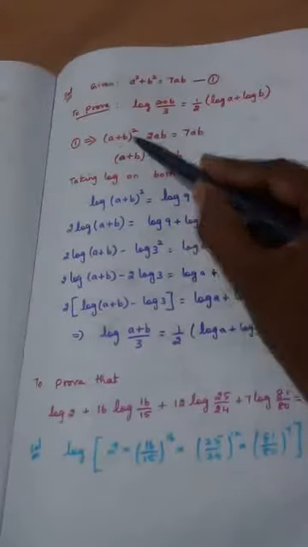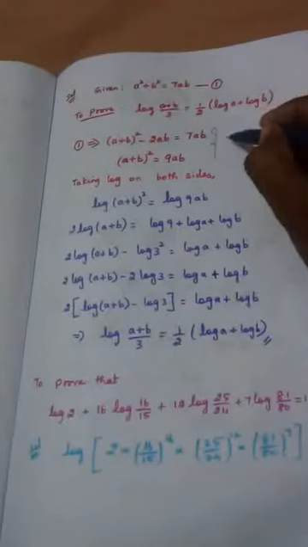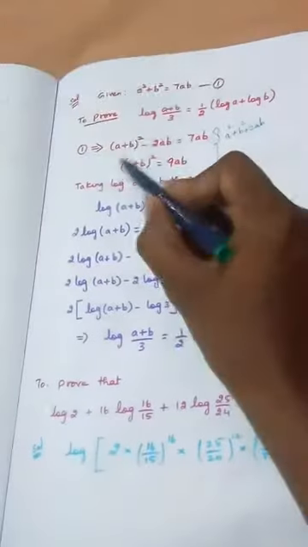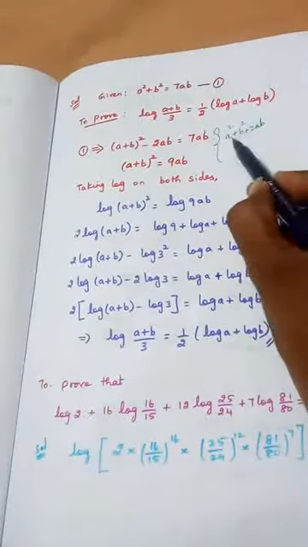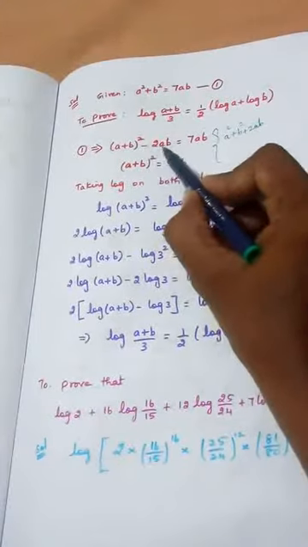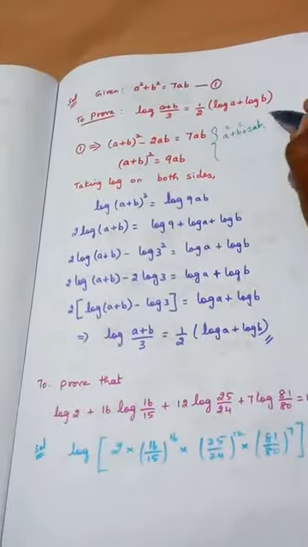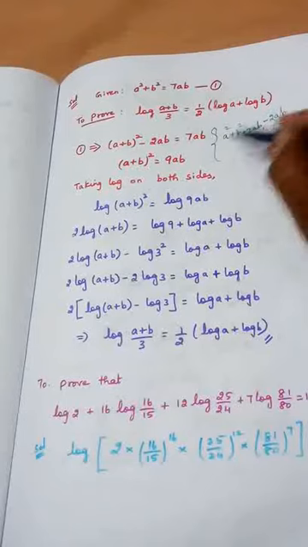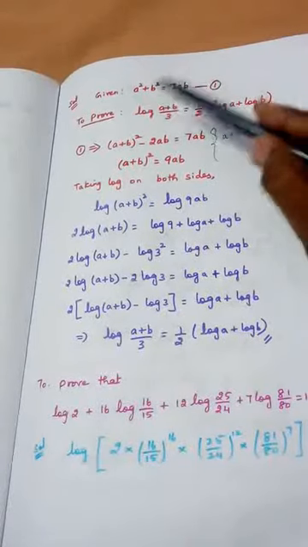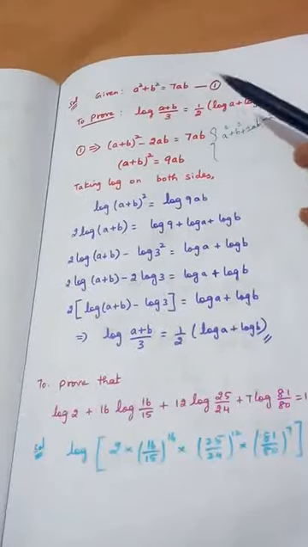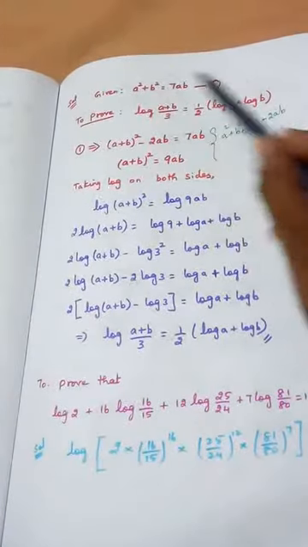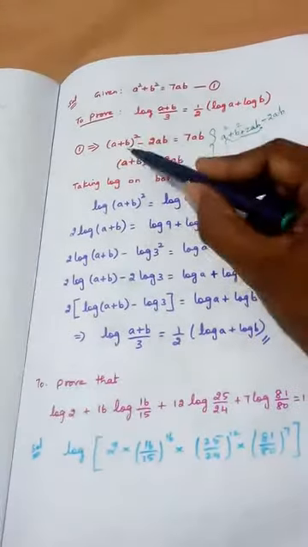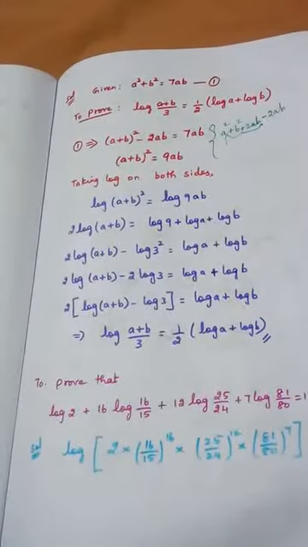Don't ask how it is because we know the formula for a plus b whole square. What is a plus b whole square? I'll explain it here. A plus b whole square means a square plus b square plus 2ab, right? So a plus b whole square, these three terms will come, and also we are having minus 2ab. So if I put minus 2ab here, what happens? These two will get cancelled. So you will be getting a square plus b square, which is present here. So a square plus b square can be written as a plus b the whole square minus 2ab. So it can be taken as formula also.